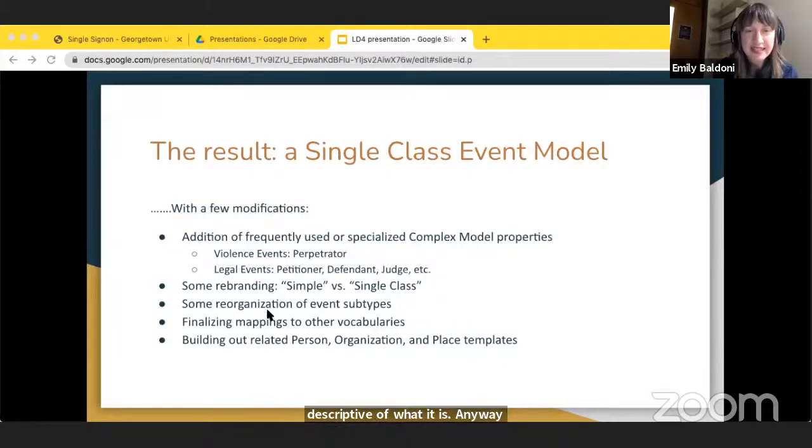This was also the stage at which templates and properties to represent other entities like persons, organizations, and places were built out more fully. Because as I said before, our work had been on creating a robust framework for the events, but for the agents and places, we were trying to borrow more from existing frameworks. But I wouldn't be surprised if this is an area that will get additional elaboration as we move into the next phase of development and testing.